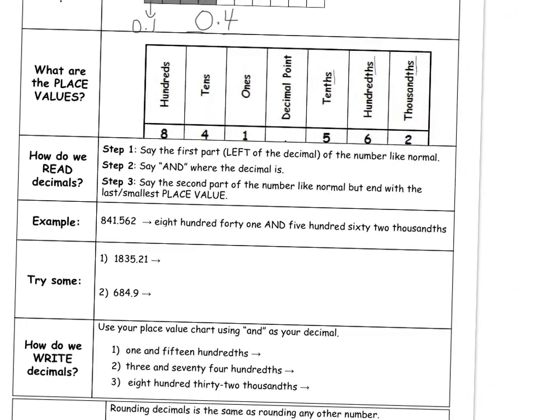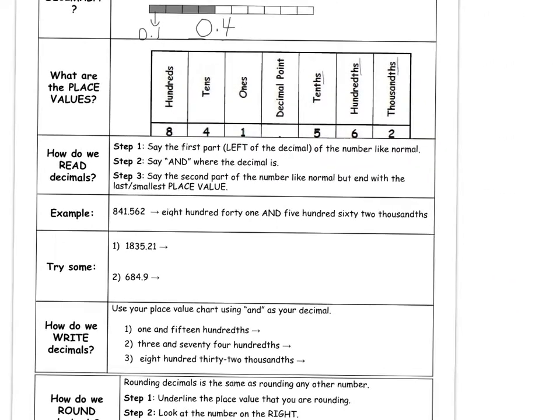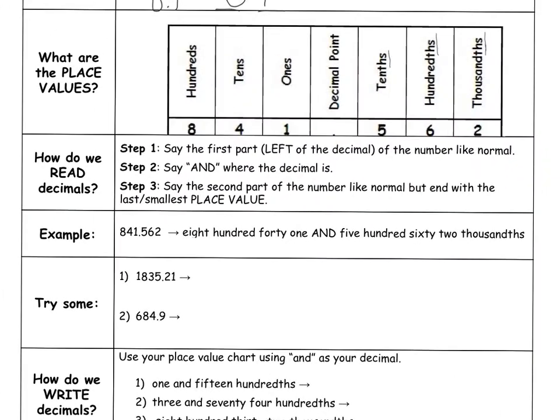So how do we read decimals? The first thing you want to say, step 1, is say the first part left of the decimal of the number like normal, which is a whole number. So the number left of the decimal is a whole number. In step 2, say "and" where the decimal is. And then step 3, say the second part of the number like normal, but end with the last or smallest place value. So in the example, you would read